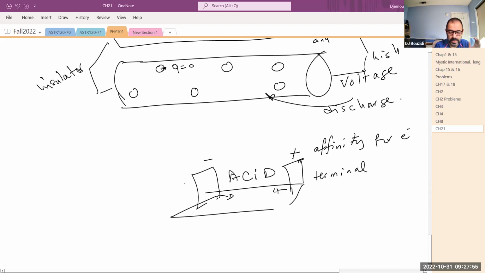In this case, it's a positive terminal, and this is also a negative terminal. So that's a battery. When you look at a battery, usually they're labeled properly, positive or negative, depending on the types of metals that you have in them. Now, you have a battery, because if you connect this wire via conductor here,